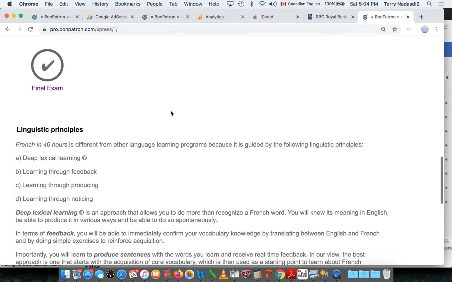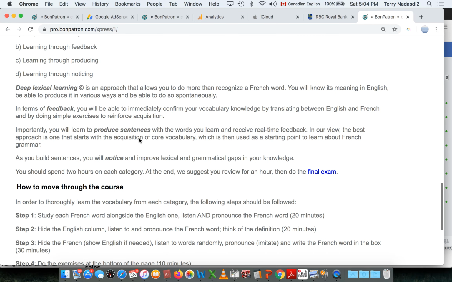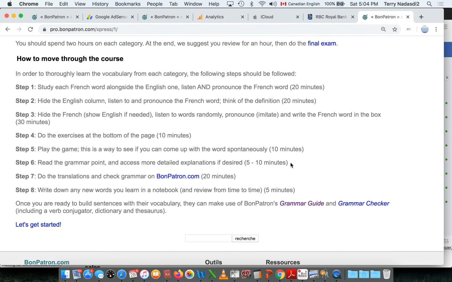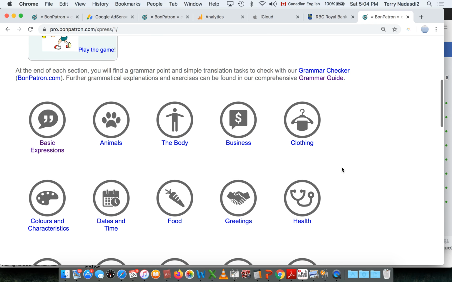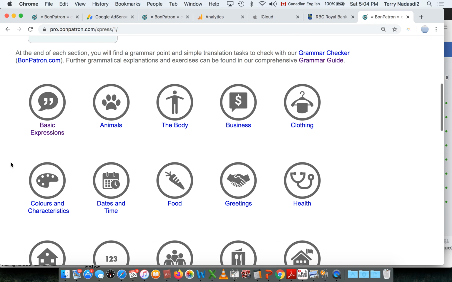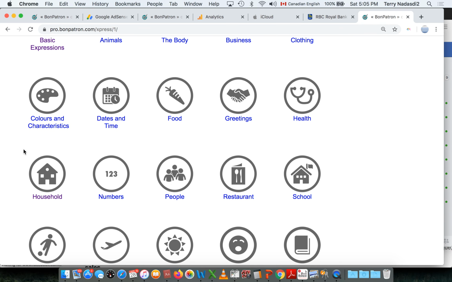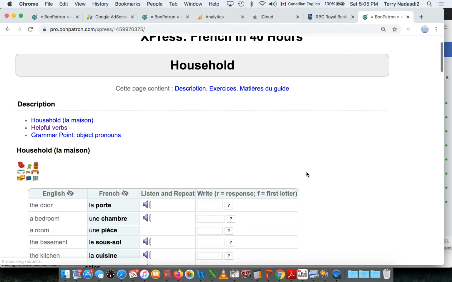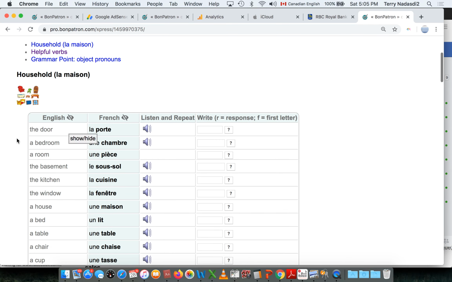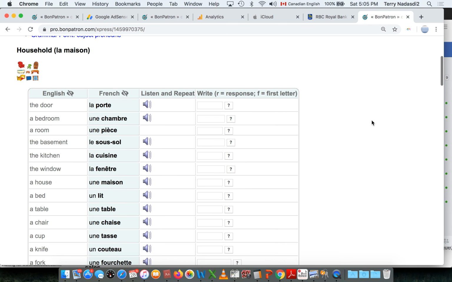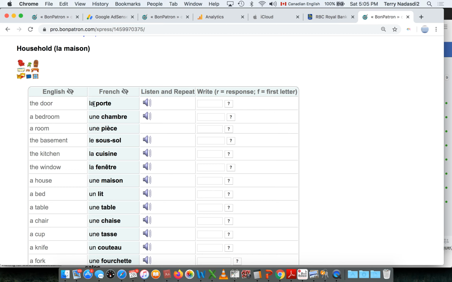If you scroll down here, and I won't spend too much time, there is a roadmap for how to move through these vocabulary lists. But let's go in and have a look and see just what we have here. I'll pick one category, household. So how this works is that we have lists, tables with English, French equivalents, some sound, and the opportunity to